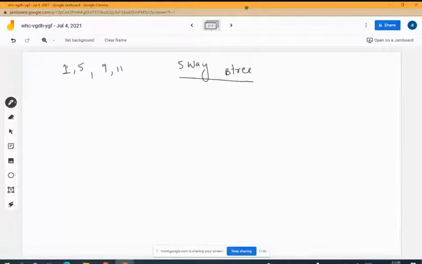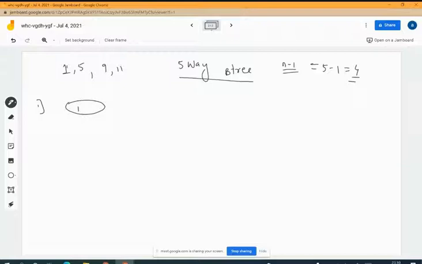Now in the first step, I'll insert the first element, that is 1. It is not conflicting with the condition of a 5-way tree, because as per the rule the number of values that can be there is n minus 1, which is 5 minus 1, which comes out to be 4.